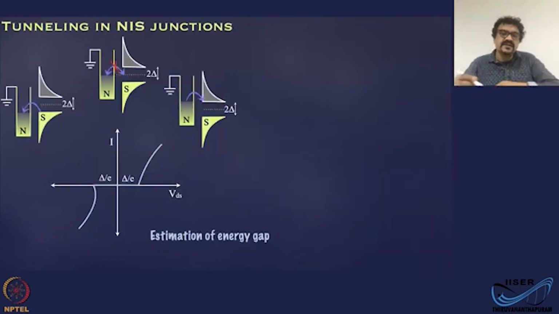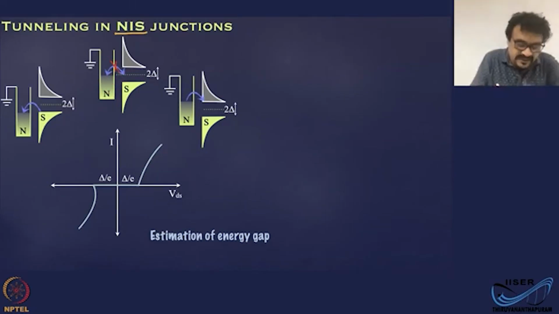Now let's consider that you have a system consisting of normal metal, insulator, and superconductor. NIS stands for normal metal, insulator, superconductor. Okay. And what I have here is a rough drawing of the density of states. So normal metal has all the states filled until the Fermi energy. Fermi energy is somewhere here,